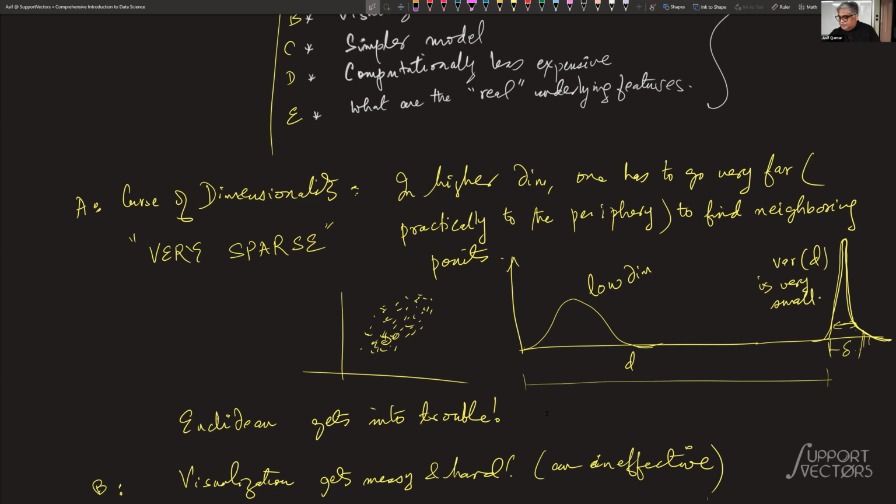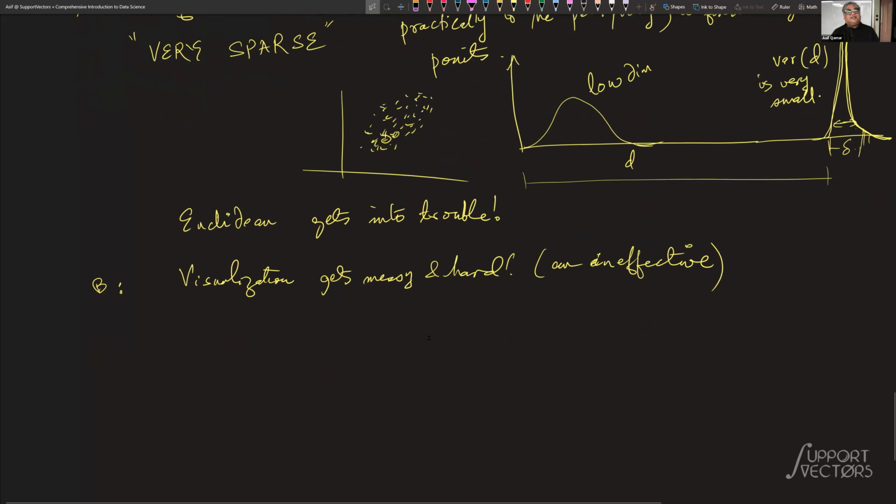And lastly, in a way, the point of dimensionality reduction is not just to tame the beast of the data, but actually to derive insights. It turns out that when you take data down to lower dimensions, you understand what the real features involved are. Now that is an interesting statement. I will qualify it. I'll just explain it. Let us say, take a very simple case in which some dimensions are just noise dimensions. They don't matter. For example,